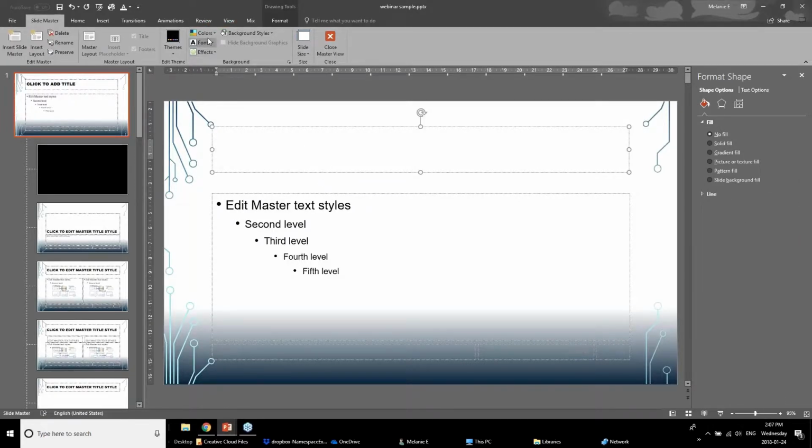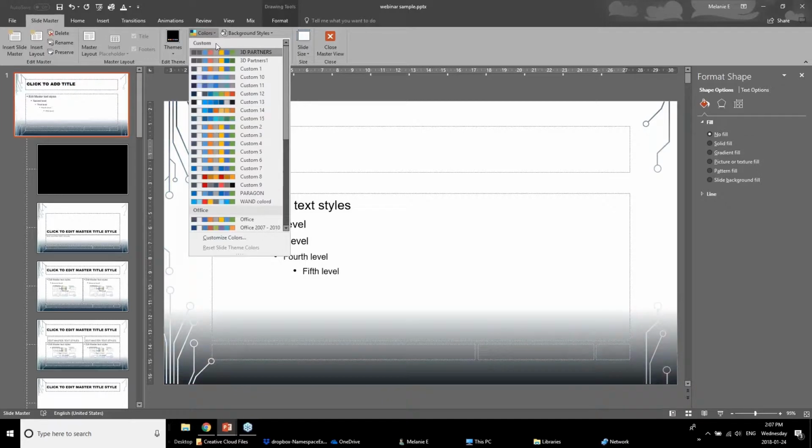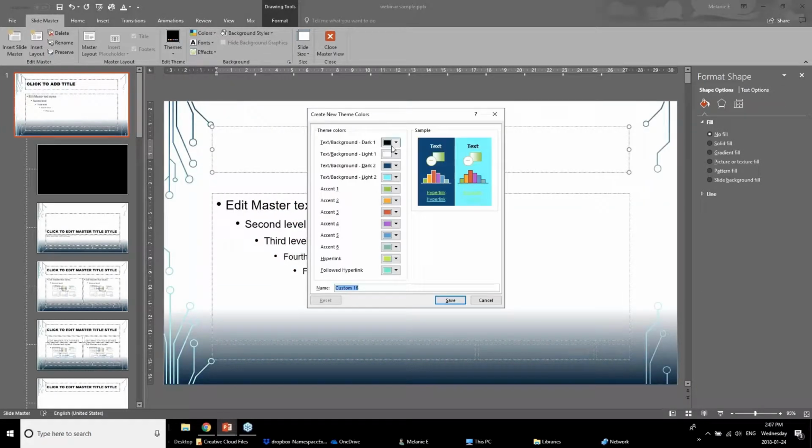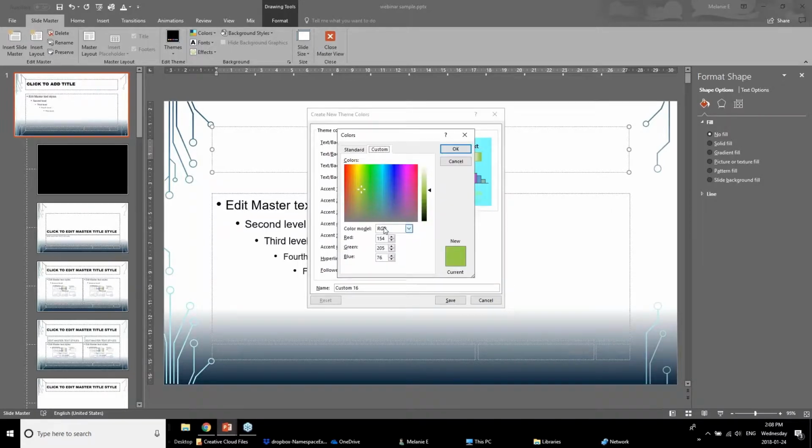Another thing as well is you can play around with the colors. So right now there's all these preset colors that you could play with, but same sort of thing. If, for example, you had some custom branding colors as part of your company, you could go here in the background and customize everything, what the text looks like, any accent colors. So say your company has some particular branding accent colors, you could go in here and select the colors, or if they're not listed here, you can go in and type in the RGB and get very